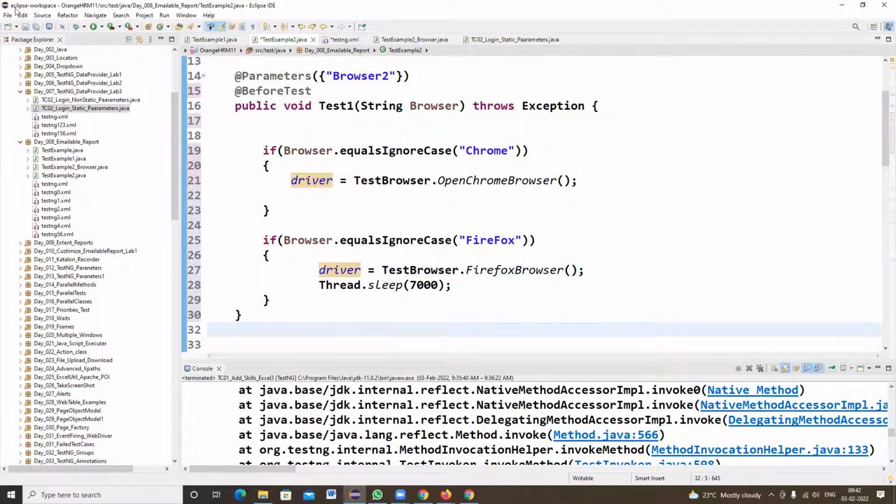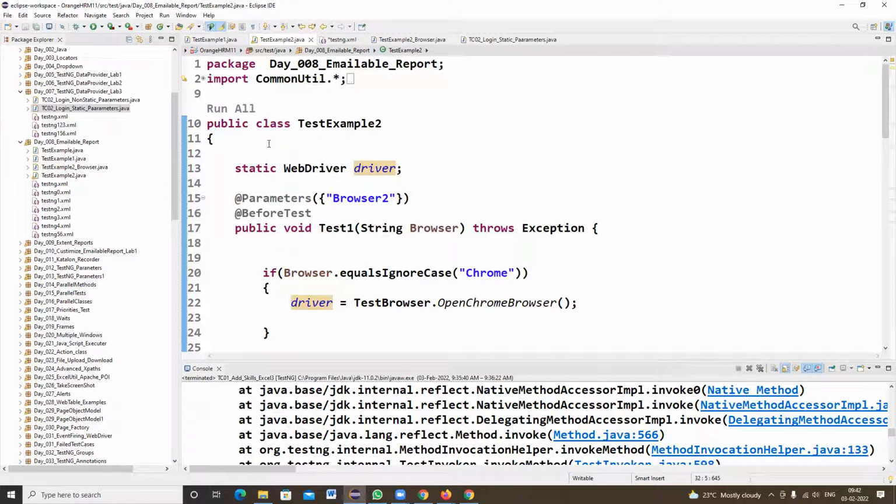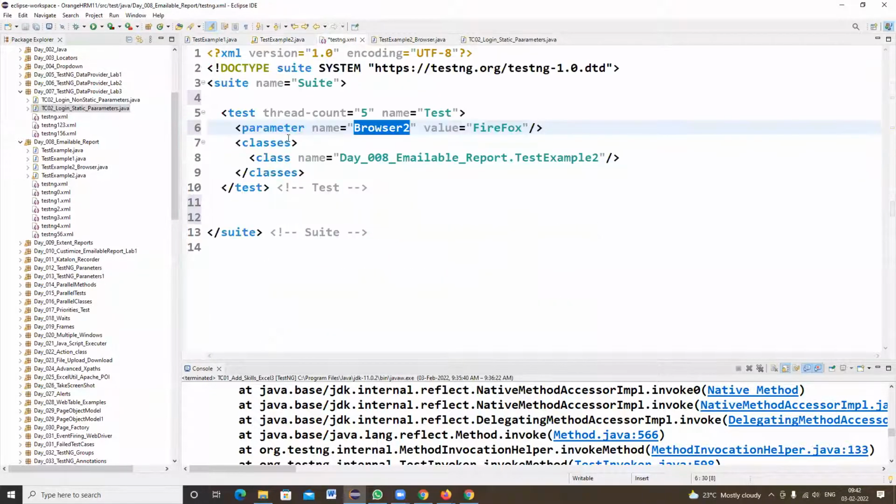Understood everyone? So previously you learned to declare variables globally. Similarly, in testng.xml also, you can write parameters like this: parameter name is equal to browser2 and value is equal to Firefox. Here you can write whatever parameter name you want.